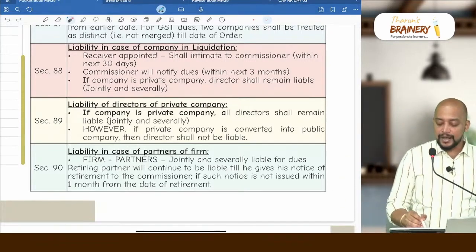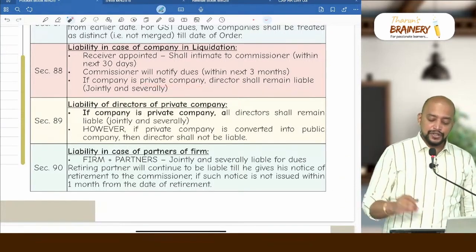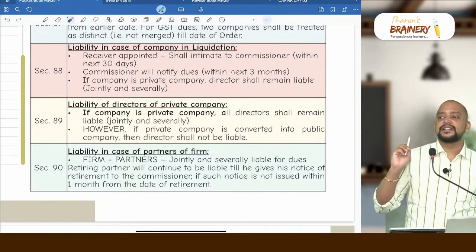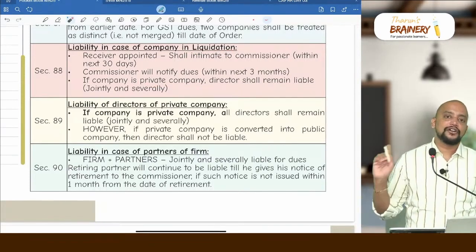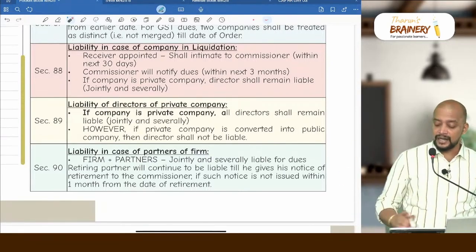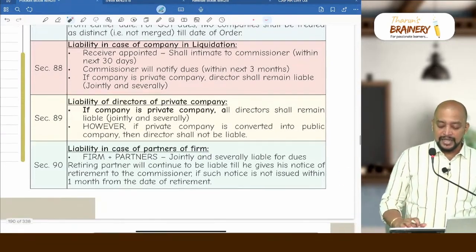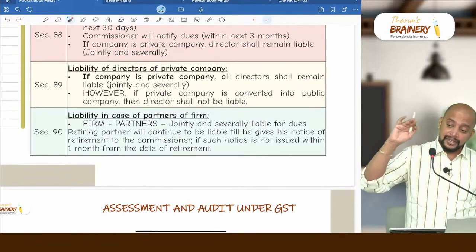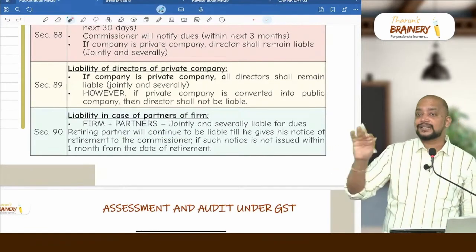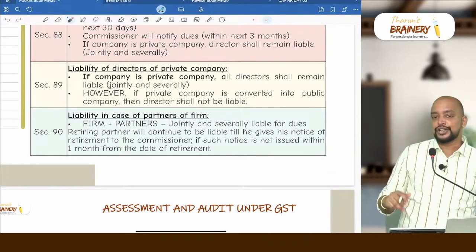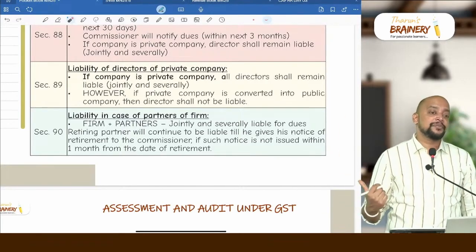payment. Then if a company is a private company, even though it gets liquidated, the directors are jointly and severally liable. So every director of a private limited company, even if the company is liquidated, is jointly and severally liable. Then what about the liability of directors of a private company during the time when the company is in existence, not liquidated? Even then, if the company has not paid the GST dues, the GST dues can be recovered from the director